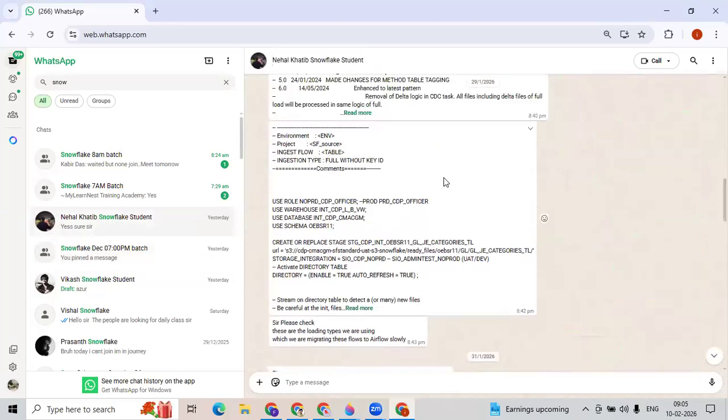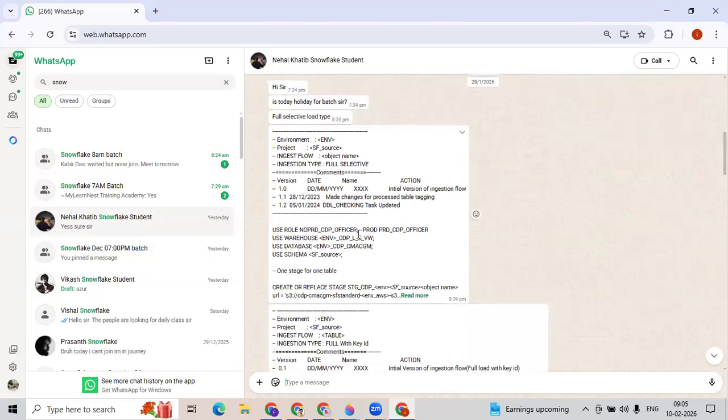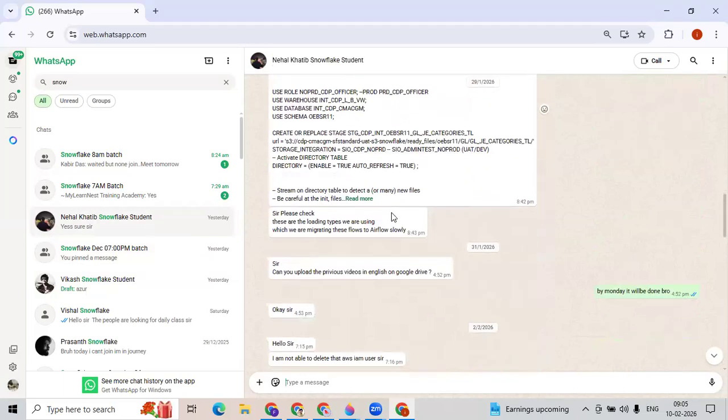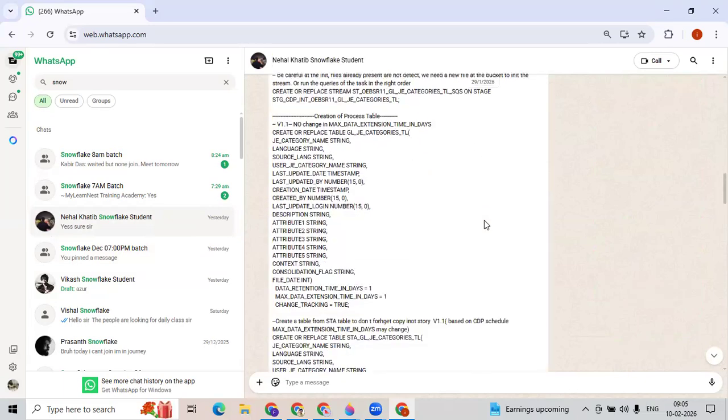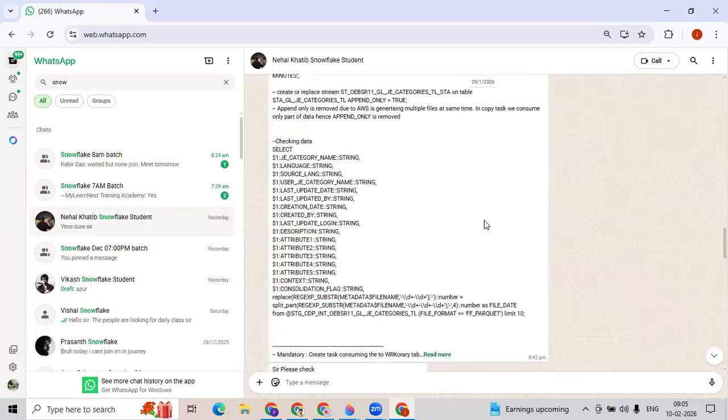These are the things that real-time experienced people are sharing, the projects they're building, and how to process the files. I got these things from them, but I didn't get time to prepare a test project like that. But this course is 45 to 50 days, so if I get some time, I'll try to create these things.